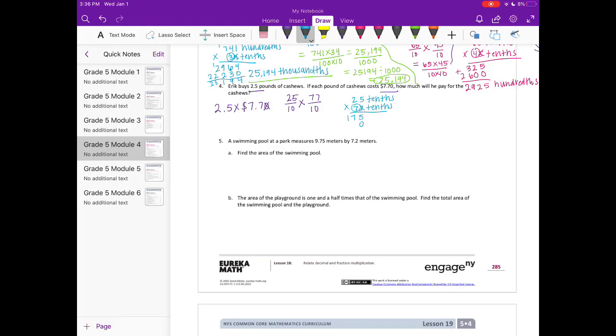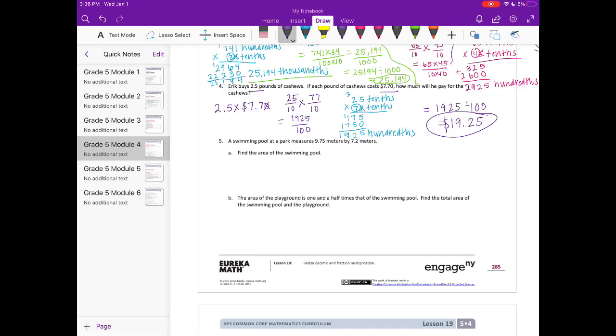Done with that 7. 7 times 5 is 35. Carry the 3. 7 times 2 is 14, plus 3, 17. 7 plus 5 is 12. Carry the 1. 1 plus 1 is 2, plus 7 is 9. So we have 1,925. And tenths times tenths would get us hundredths. So this is equal to 1,925 hundredths, and 1,925 divided by 100 is equal to 19.25. So it's going to cost